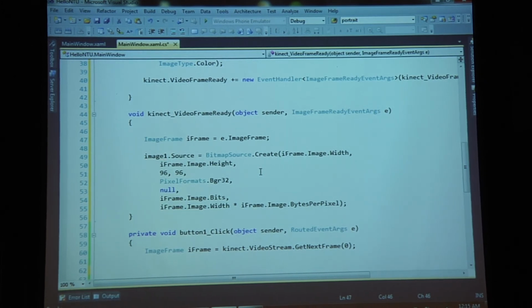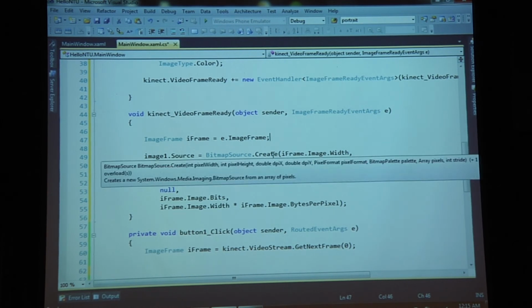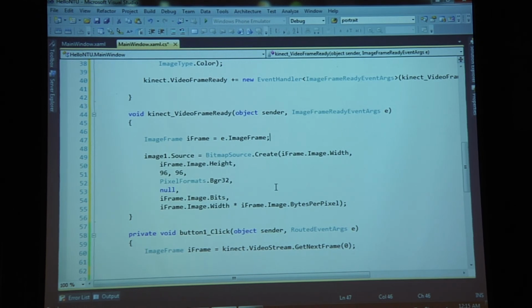When Connect reads an image frame, it stores it to its memory, fires an event, and sends me a copy of this image frame. Which means my program doesn't even have to go to the Connect and pull it manually from memory. Connect is automatically sending me that copy of data, that one frame of the image. And then right after that, the code for doing the next thing is exactly the same. I just take that image frame, process that into a bitmap source, and display it in my image1 source. Now if I hit F5,